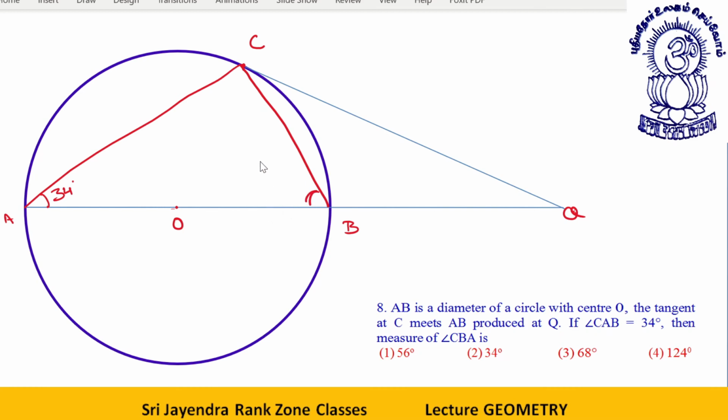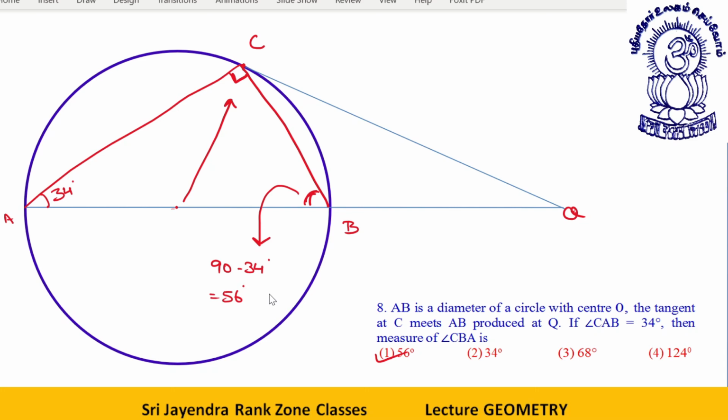Okay, dear students. See, first of all, if I join this, what will happen? But the fact of the matter is that, students, you don't need to join this. Remove this. Why? Because you have a diameter. Whenever you have a diameter, the angle subtended by the diameter is 90 degree. The moment you see this 90 degree, this is 90, this is 34. This angle will be how much? This angle will be 90 minus 34 degree or 56 degree, quite easily demonstrated.